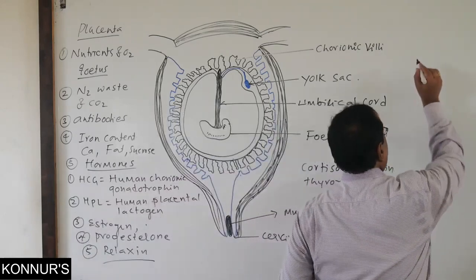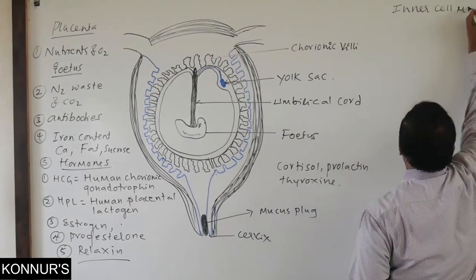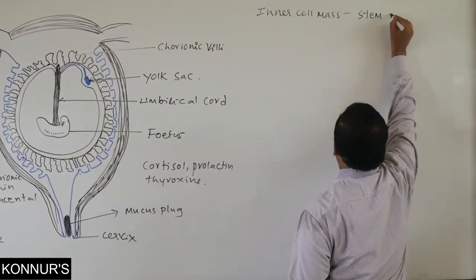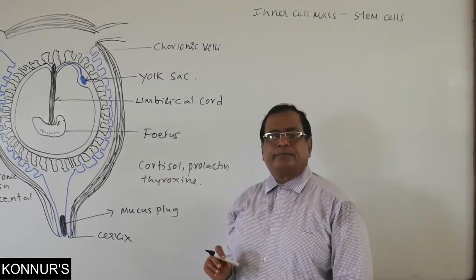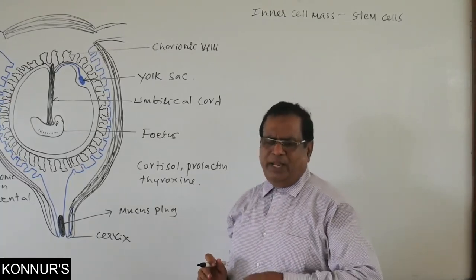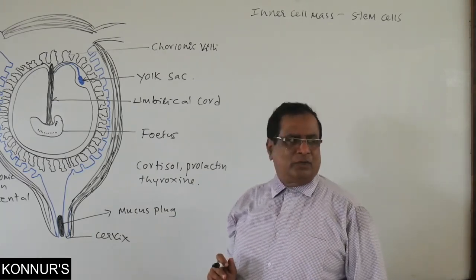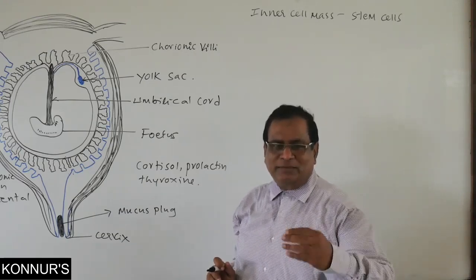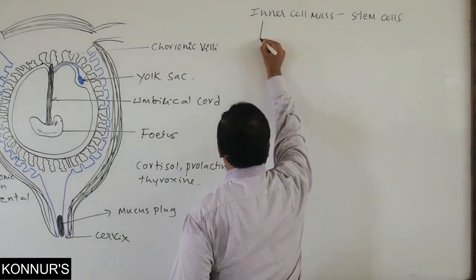That inner cell mass contains stem cells, and these stem cells are capable of producing various tissues of the body. They have the potentiality to produce various types of tissues as well, and this inner cell mass is distinguished into